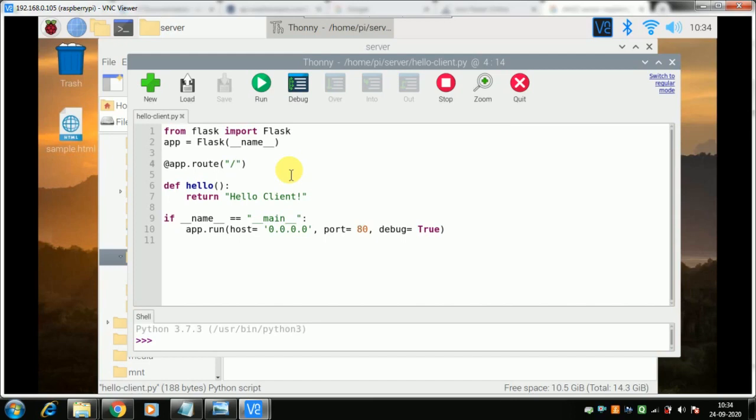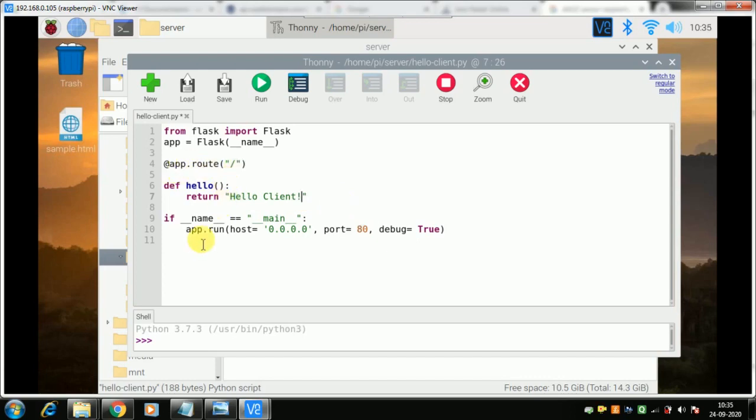So in our last code we did a location for Mumbai. So if he is asking for the Mumbai location, he can type slash Mumbai. Or if he is looking for Delhi, then he can type slash Delhi. So with this we can supply him with different location, temperature and humidity. Once this route is done, if we define a function called hello, it will return hello client whenever any client accesses this root route.